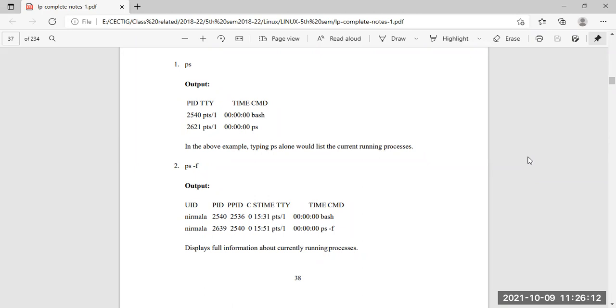If it is 777, then the user is allowed to do all the functions. So 666 and 777 are the numeric terms of the read, write options. Sir, there are only two options, 666...